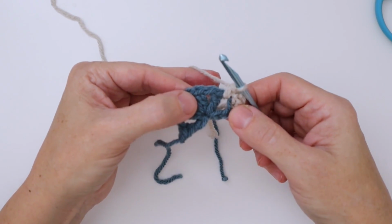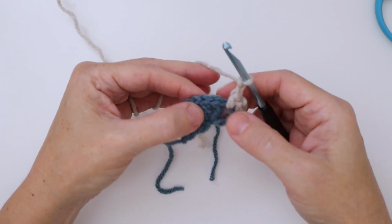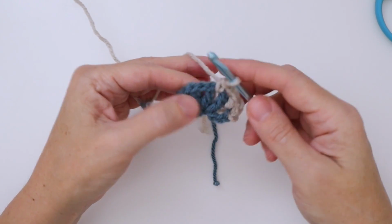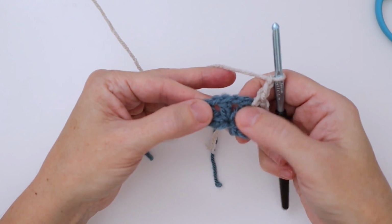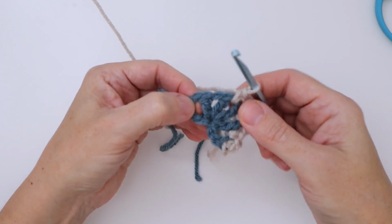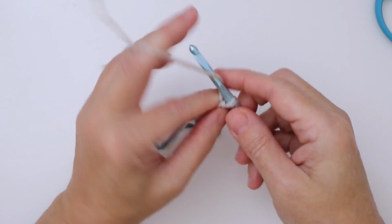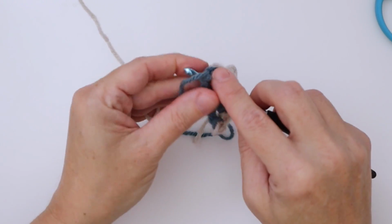Now we're going to chain 2. So 1 and 2. And then we're going to single crochet in the next chain 1 space. Again, we're going to chain 2. And then we're going to work into the next chain 1 space. We're going to keep on doing this till we get to this last chain 1 space. So let's do chain 2, single crochet in the next chain 1 space, chain 2, single crochet in this last chain 1 space,